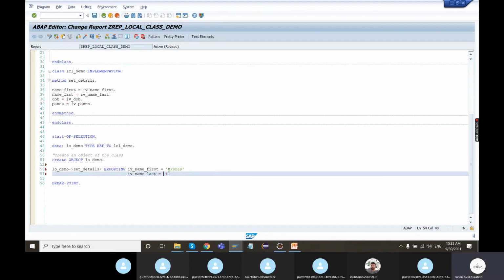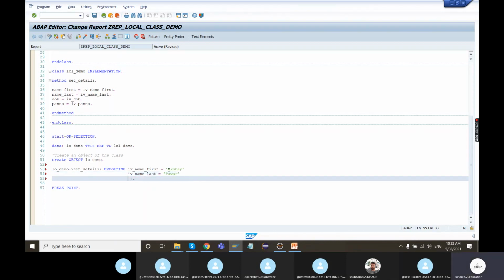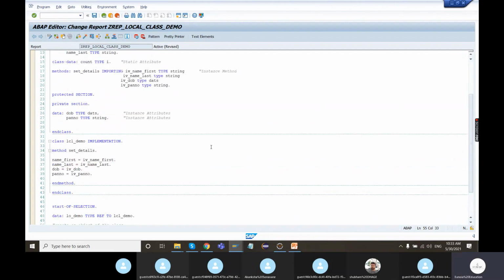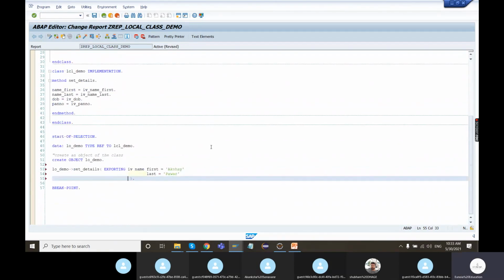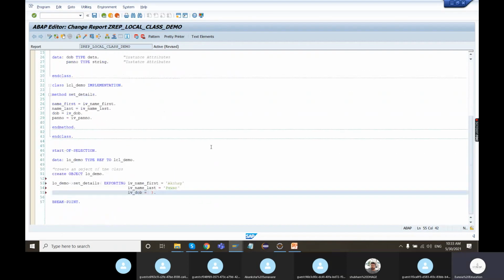Last. This exercise might seem very trivial, but it has many basic concepts that you will be requiring during WebDynpro. When you get dumps, you need to understand why the dump is coming, this sort of thing. So date of birth, I will pass the current date.